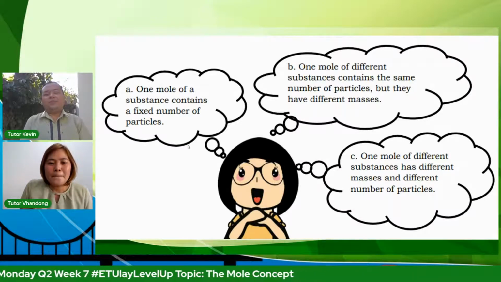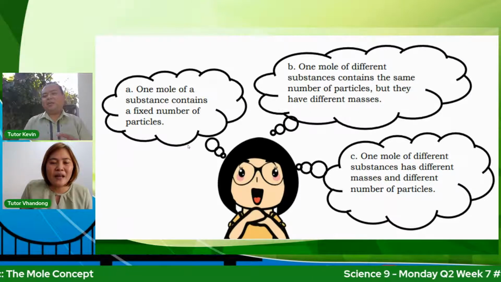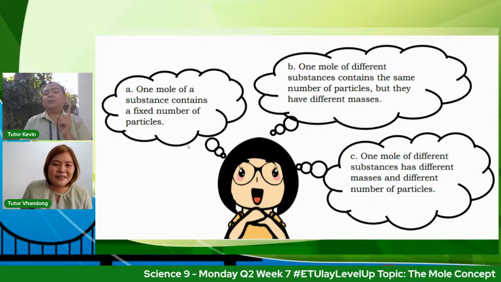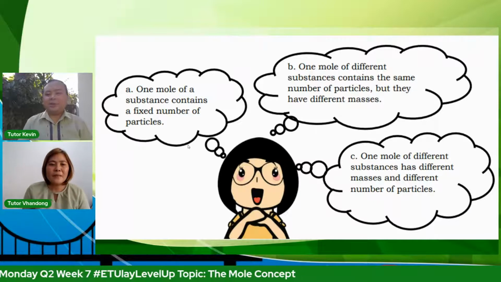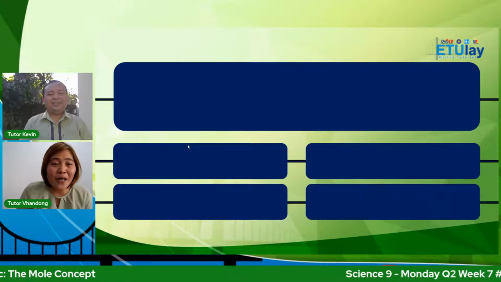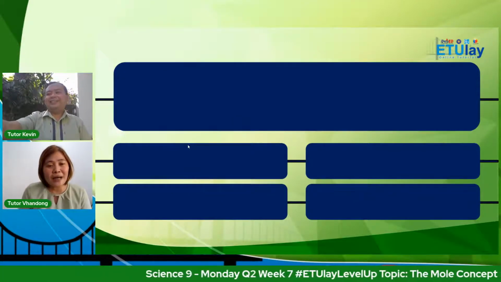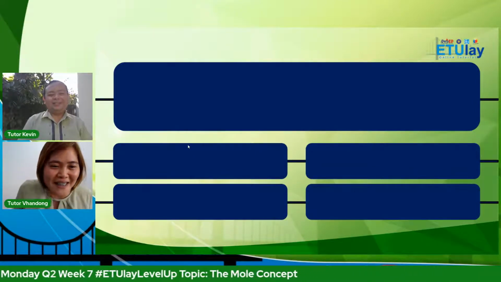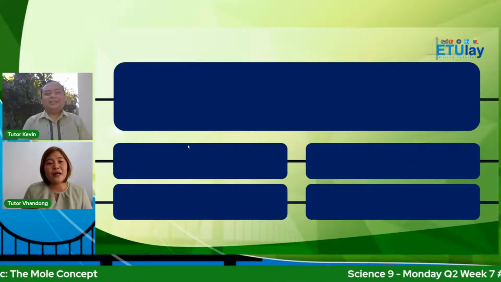So no matter how big or small something is, or how much or how little of it there is, every single particle shares the same constant, Avogadro's number. The constant should not be forgotten. That 6.02 times 10 to the 23rd power particles is a huge number, from Avogadro. Alright, Tutor Kevin, I think we're ready for our assessment.